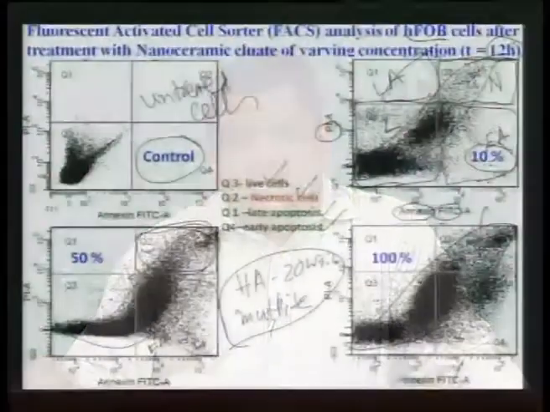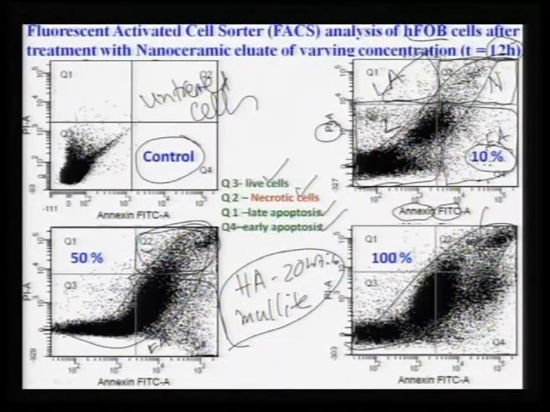Is it clear? So, now you know how to read the FACS data, right. You have 4 different coordinates, and in these coordinates you have different dots. Each dot corresponds to one single cell's information. You can quantify using standard software the total fraction of cells that are now in the apoptosis stage, early apoptosis, late apoptosis, necrosis and all these stages.